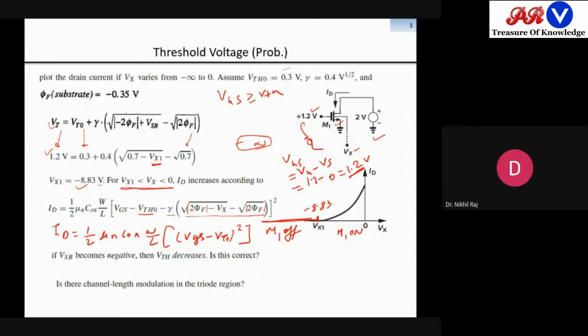Every parameter when we substitute, then if we see when we increase the Vx value, what will happen? This effective value will get a lower value compared to this subtrahend part, the minus part. So effectively what will happen here, with Vgs, we will get some positive value. So once we get a positive value, compared to the previous value when Vx was 0, sorry, when Vx was minus 8.83, my current magnitude will increase.